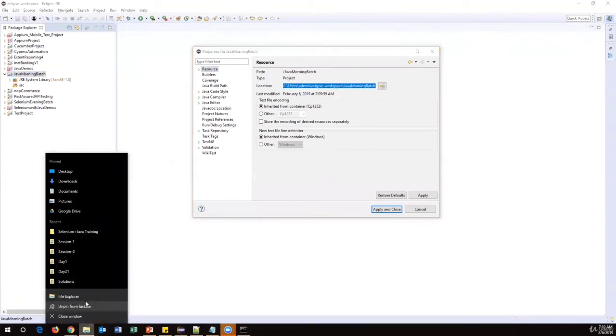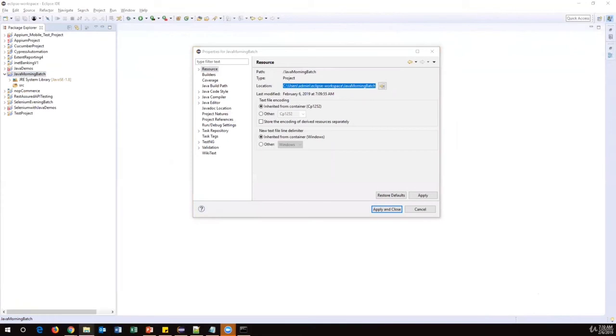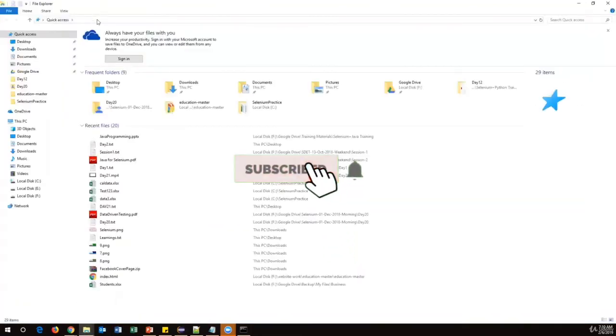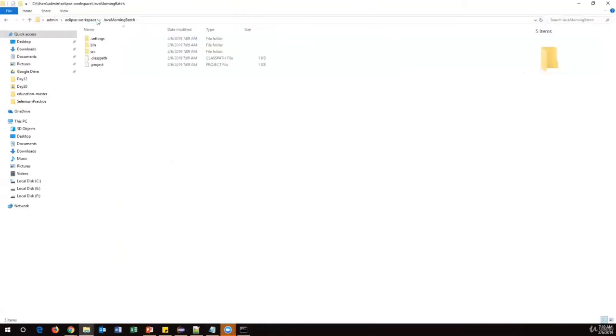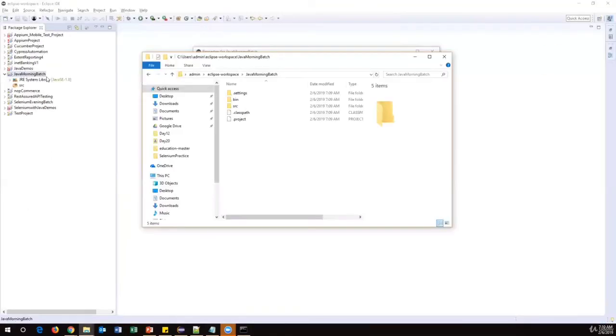Open this path in File Explorer, and you can see everything that is in this tree. The .classpath and .project files are hidden, so we cannot see them in the window, but we have src and bin. Whatever you do in this project in Eclipse will be reflected in your folder structure. Within src we have to create all packages and programs, so it is the source package.